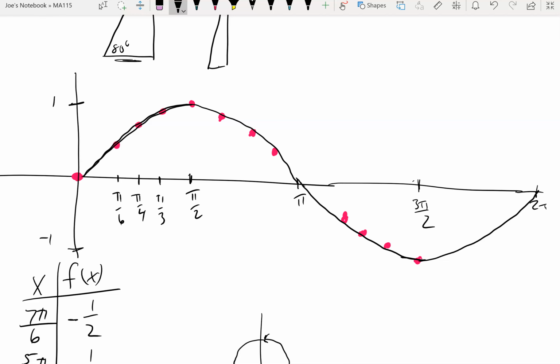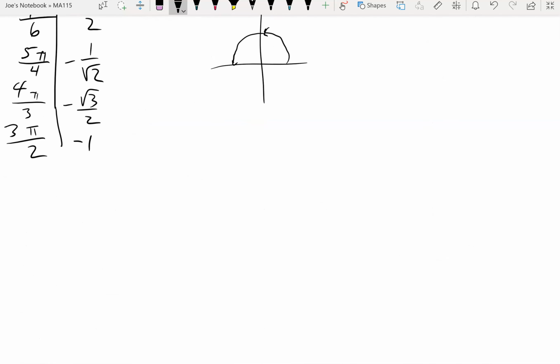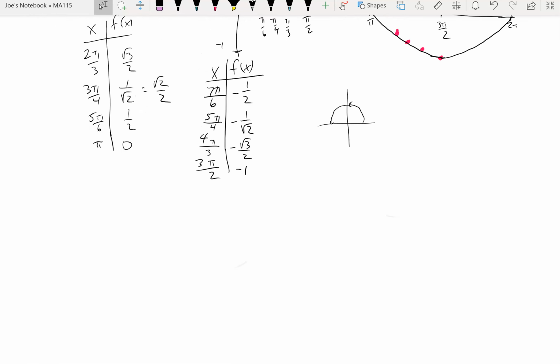Okay? So that's how we're getting the bigger and then the smaller. So notice that this is only from 0 to 2 pi. I said we want to get a graph for the whole thing. Well, what happens once you get around to 2 pi? It's going to do the exact same thing again, right? Until I get to 4 pi, and then same thing until I get to 6 pi, and so on down the line, right? So if we want to get a whole graph of this thing,